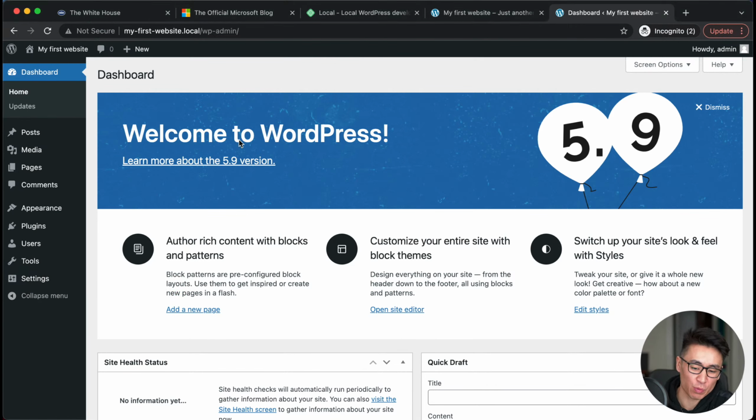All right. So now it says, "Welcome to WordPress," and learn more about version 5.9. The problem is this 5.9 isn't ready. Of course, everything is new to you here, but if you bring a cursor to Appearance, Editor, it says beta, right?